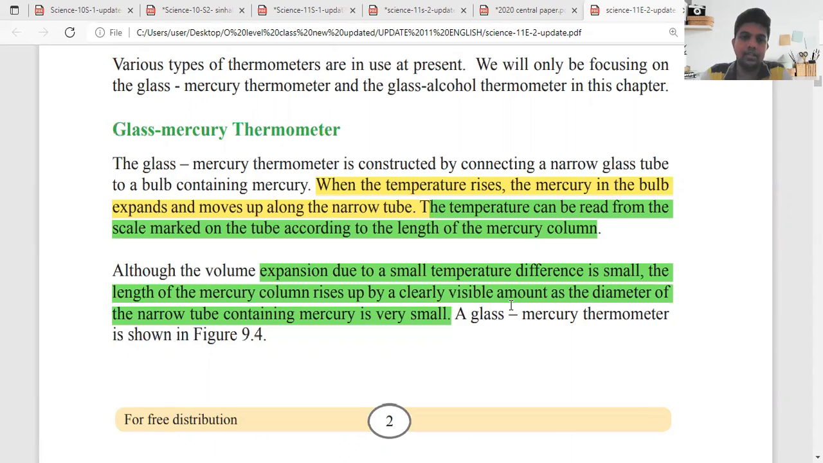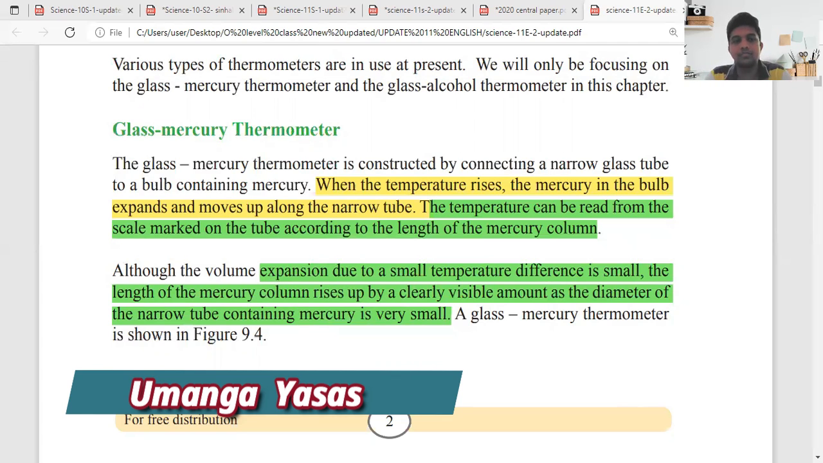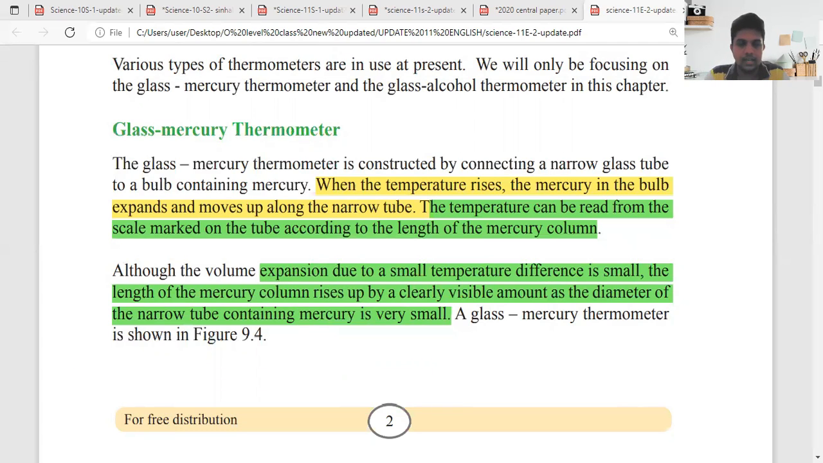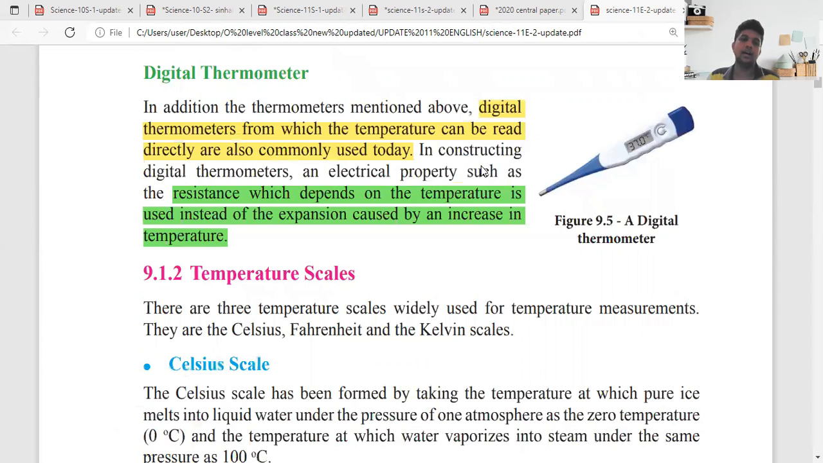Okay, so basically I will do the explanation in English first, then after I will do the explanation in Sinhala also, to get a good understanding about the chapter, about the lesson. So basically when we go through this glass mercury thermometer, it is the most common one right now, but with the development of the technology now there are not only this but also